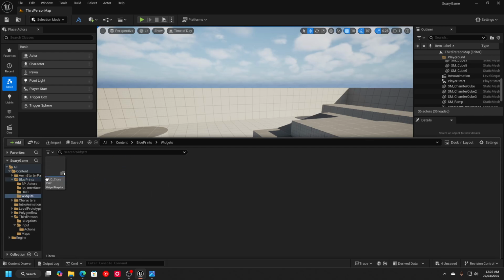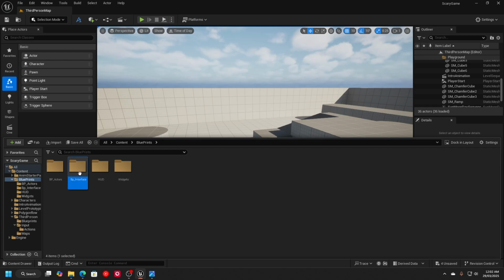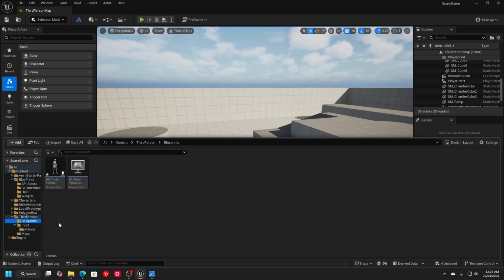So we've got our widget, which we already did in the last video. We've got blueprints for blueprint actors, and the interface, BP interface, will go in here. So we're going to need to create these two new folders. I think we already did these two in the last video. And in the third person blueprint,